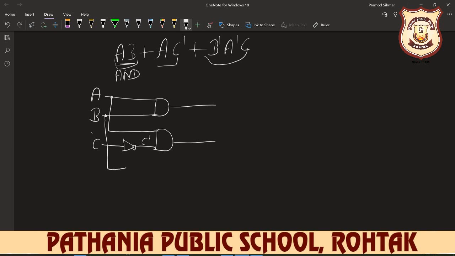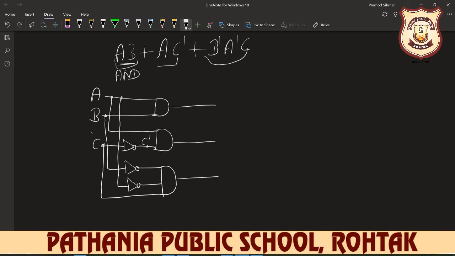But now we need complement, so you draw a NOT gate here first. Then we need A complement. So you select it from here and you again do the complement. Now we need C. You take C from here. But if we need the C complement, then we take it from this side. But now we need it without complement, so you take it from here and simply draw here. Now you make the AND gate here again.